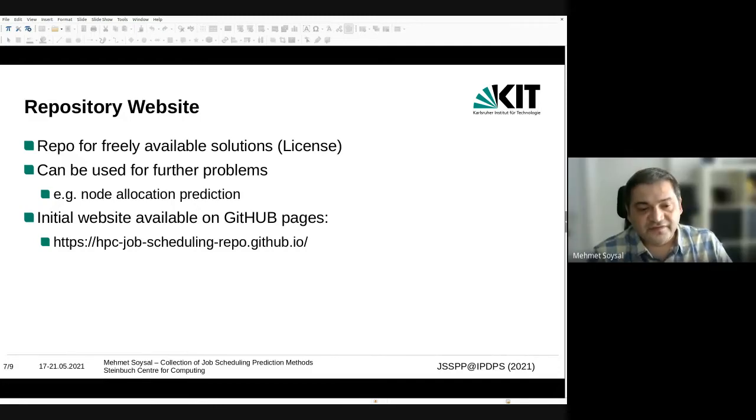So there are a lot of things that should be collected, but there are already websites, and I don't want to compete against them. It's more about all the things that are not mentioned anywhere else. An initial website is already available on GitHub Pages. There is not much content on that website. I just wanted to discuss here with the community if such a site makes sense and how it should be designed, or what should be present, before I waste too much time on it.